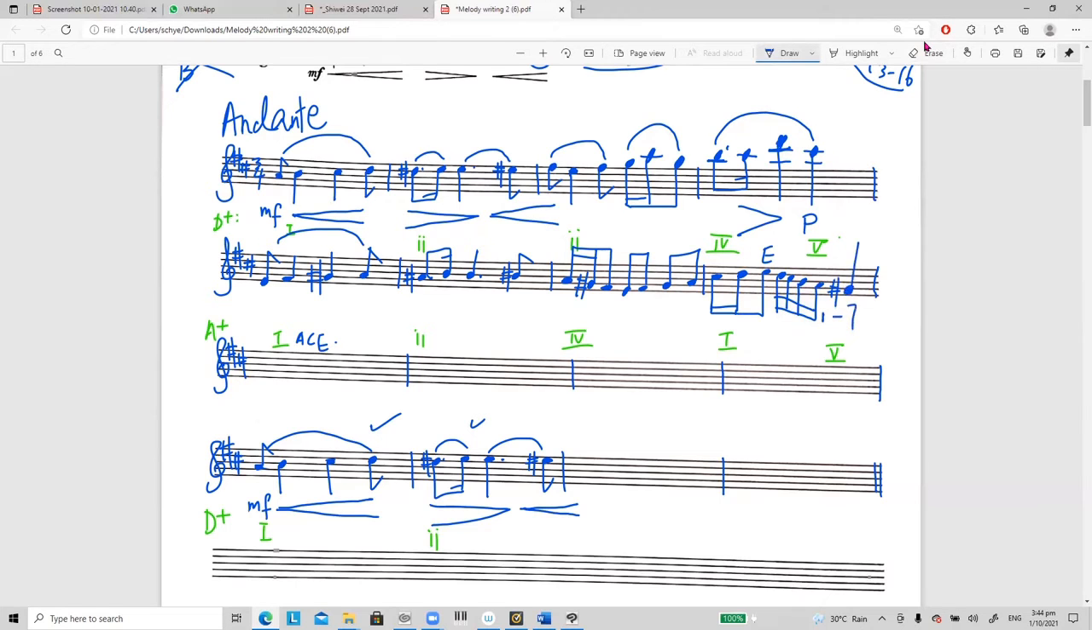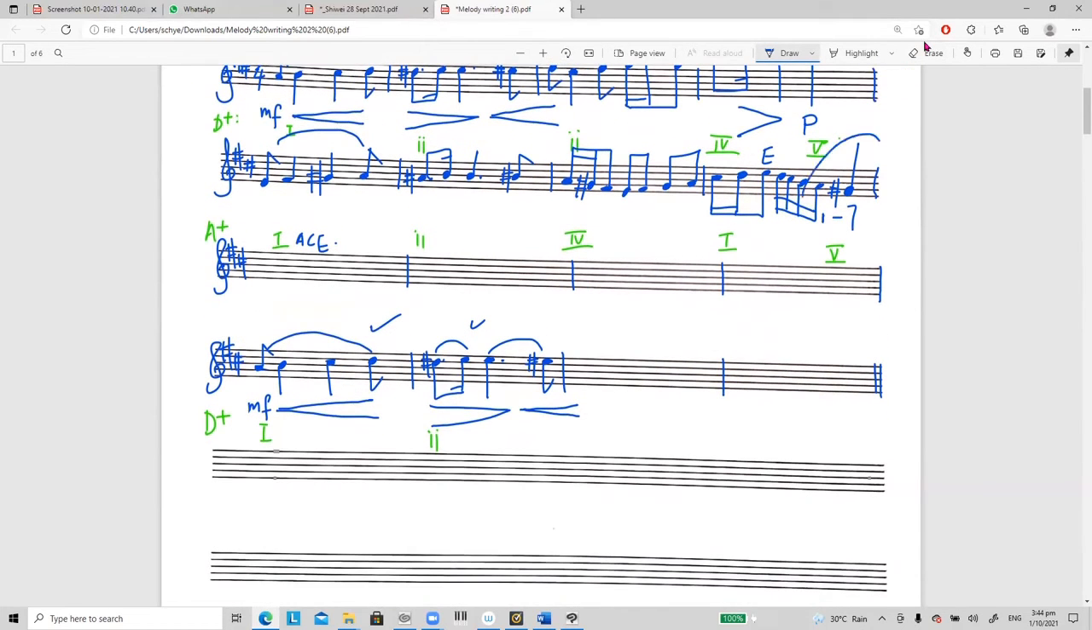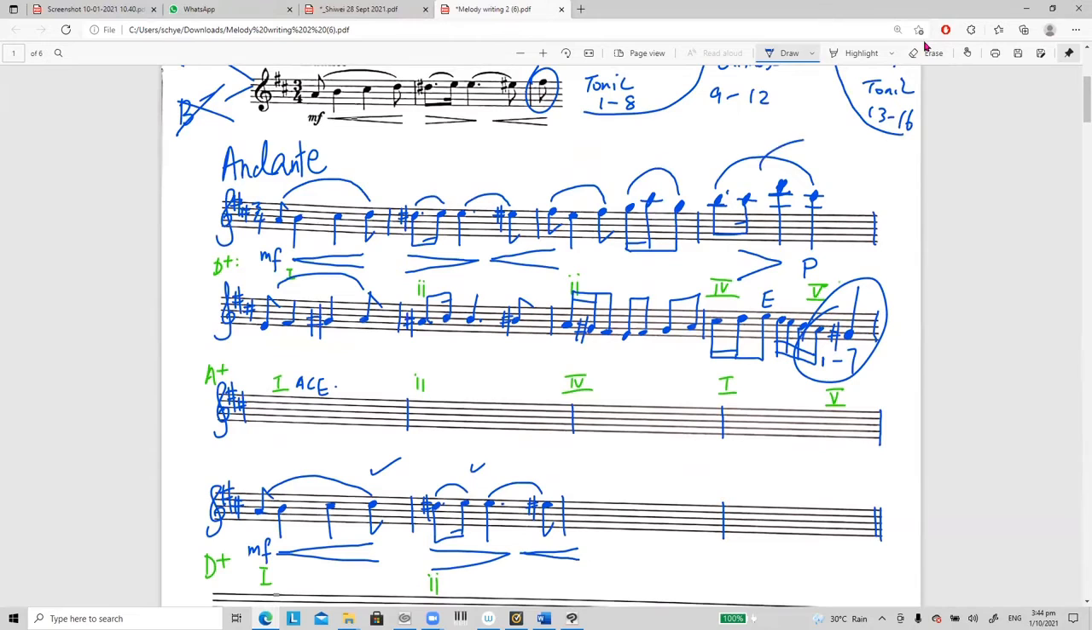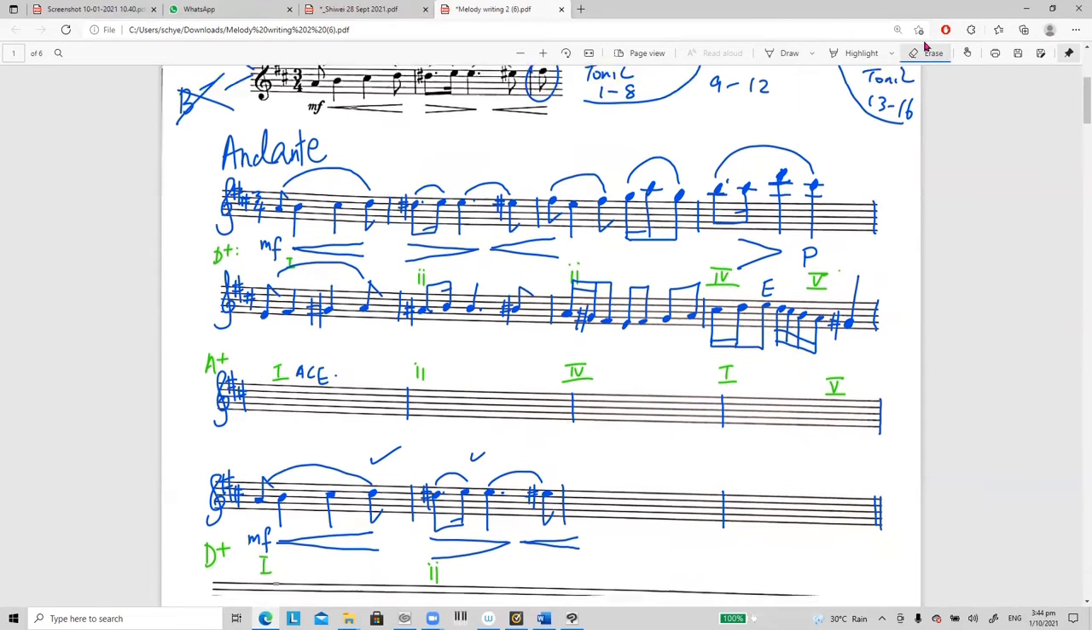One to 7. Okay, so don't forget, you see 1 to 7. Okay, 1 to 7. Remember to end your phrase properly with tonic and leading note of the key. Okay, now next line,